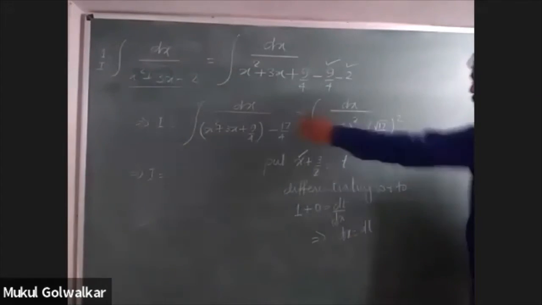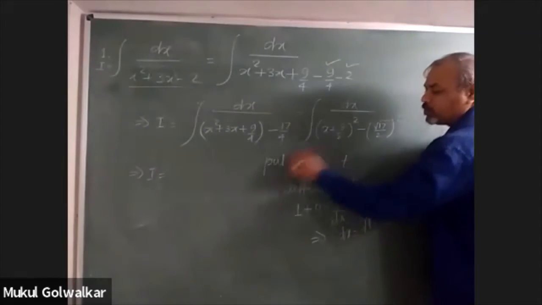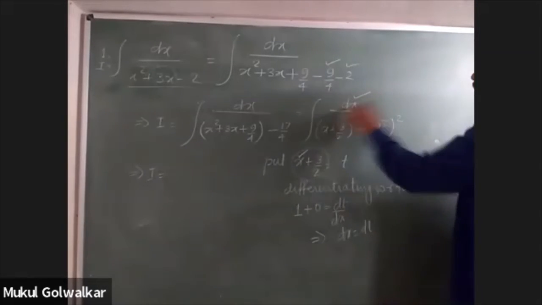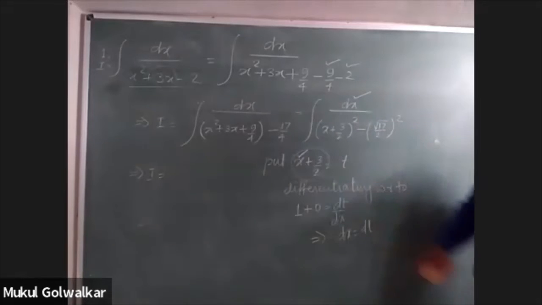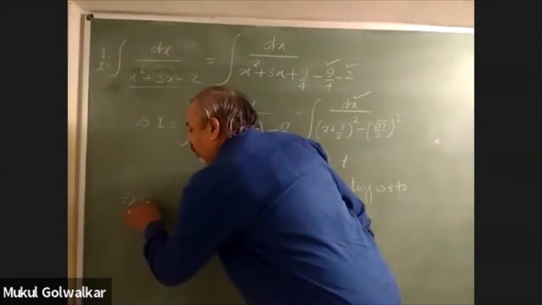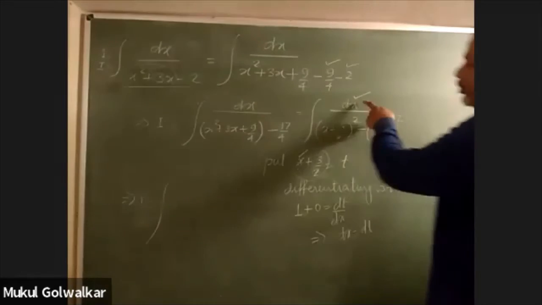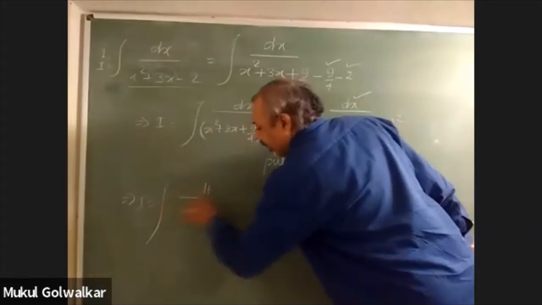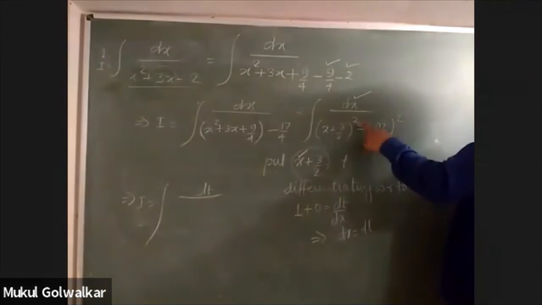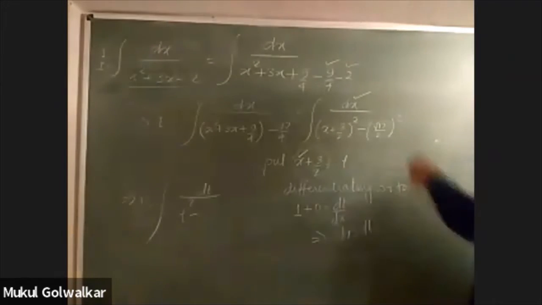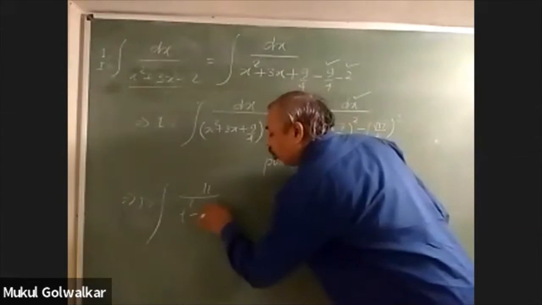So substitution will be done not only for x plus 3 by 2, but also for dx. If we go for both of the substitutions, then we notice that the function will now be written in the form of, in place of dx, what shall I be writing now? dt. And in case of x plus 3 by 2 whole square, what can I now write? t square minus under root of 17 by 2 whole square.